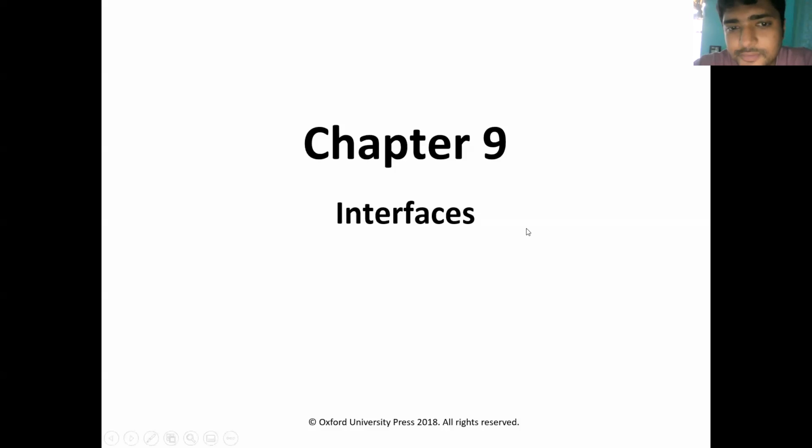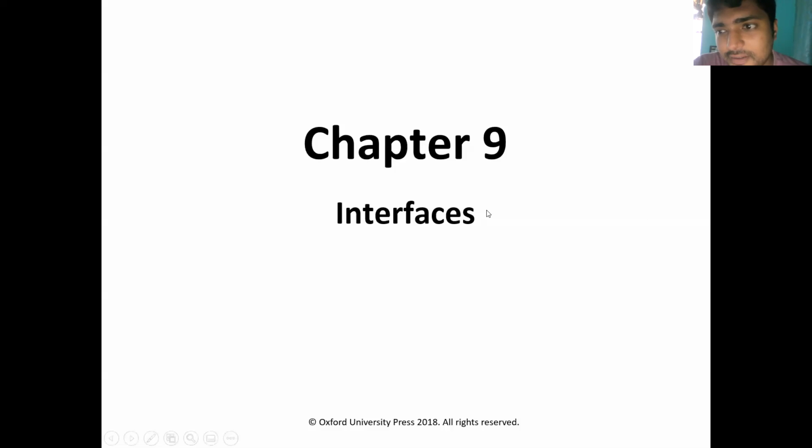So we are discussing the concepts of interfaces. The main purpose of an interface is to achieve multiple inheritance, and it's one kind of abstract class. The interface can be treated as an abstract class which consists of a collection of related abstract methods. The related abstract methods are placed in one place, and that group is known as an interface. An interface consists of constant values as well as abstract methods.